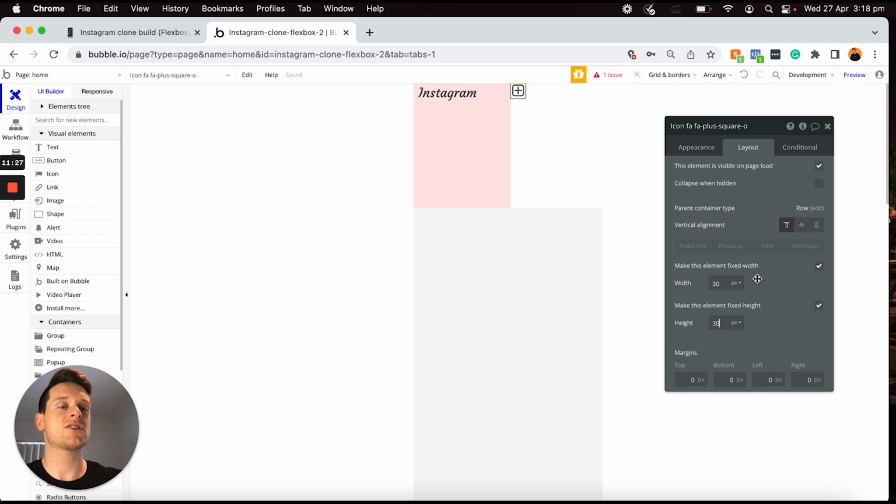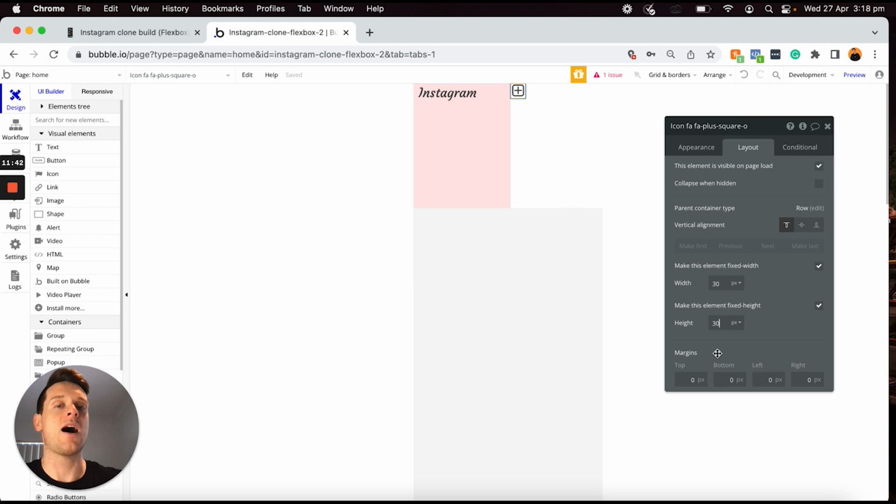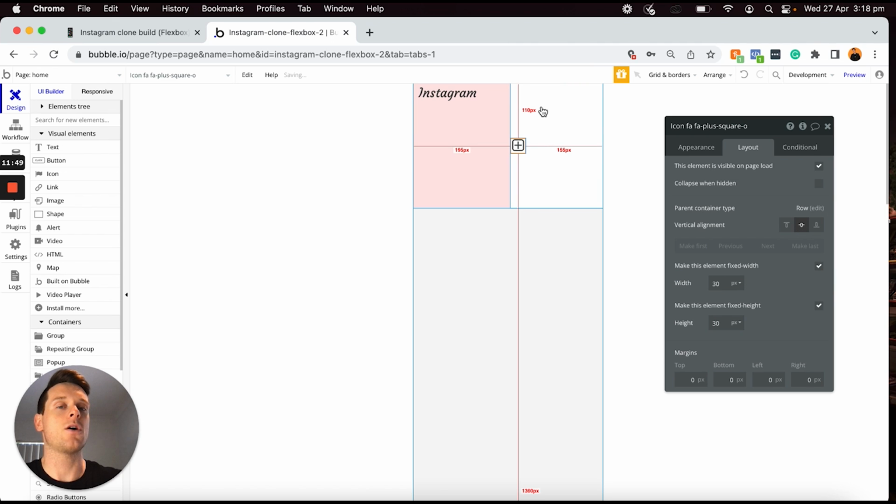And now one thing I'd just like to point out is that I'd like to leave this icon as a fixed width as well as a fixed height. Because regardless of how big the page becomes, I'd like this icon to always remain 30 pixels in width and 30 pixels in height. The only other thing I'm going to do is that I'm going to vertically align this icon into the center of our white group here, which just ensures that it's always going to be positioned in the center. What I'm then going to do is I'm going to make a copy of this icon,